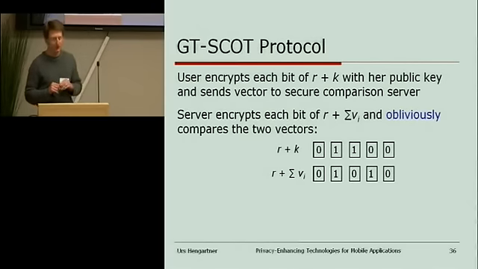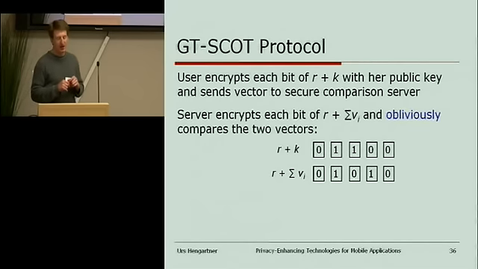So we have the user's input, which is r plus k. Remember, r is a random value, k is her privacy preference. So she takes this value. In particular, the user takes each bit of this value and encrypts each bit separately and sends it to the secure comparison server. The server takes its input value to the comparison, r plus the sum of the number